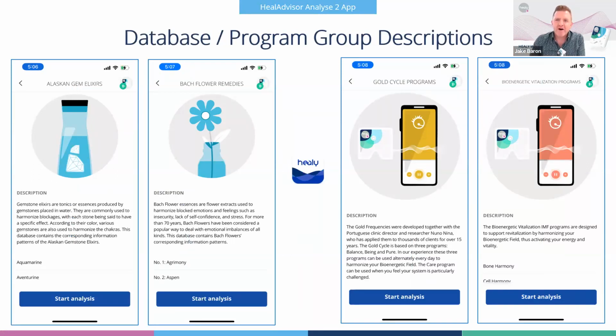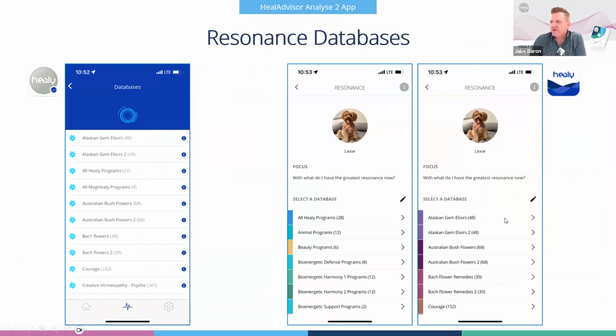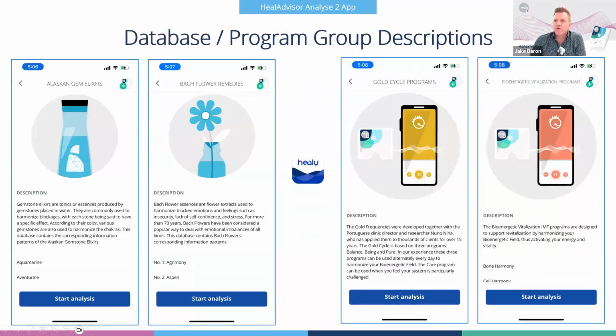That kind of thing. So now if you click on, back on this other slide, if you click on the database, you can actually get more information on them, and it tells you the description, kind of what they're used for, not just for those databases, but also the regular Healy app programs as well. So love this. Again, it's so visually appealing. It's just nice to look at. So it's a big improvement. Check it out.